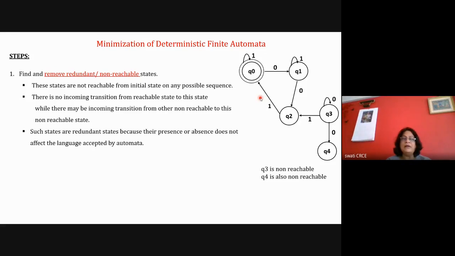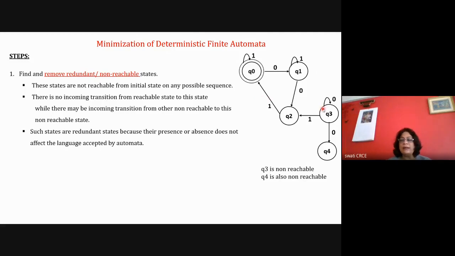And then if you are given a DFA, you can write a computer program to minimize it. We are going to follow a particular method of minimization. So easily we can write a computer program and minimize the given DFA, and then we can utilize it. Okay, so we'll go through step one again. Try to understand. The first step is to remove non-reachable states. A non-reachable state is a state that is not reachable on any input from the initial state.